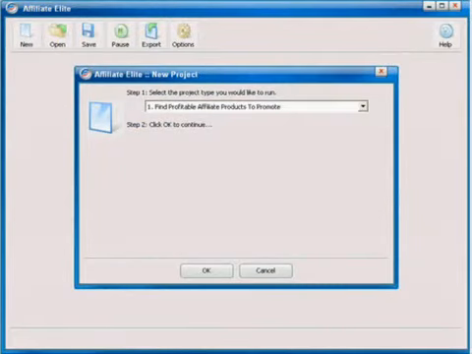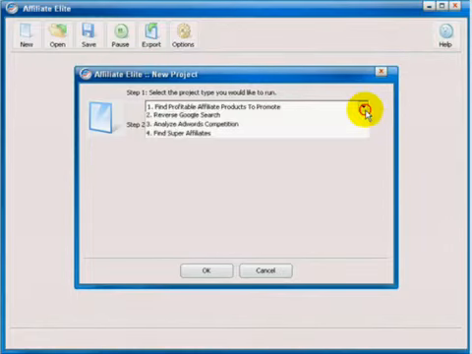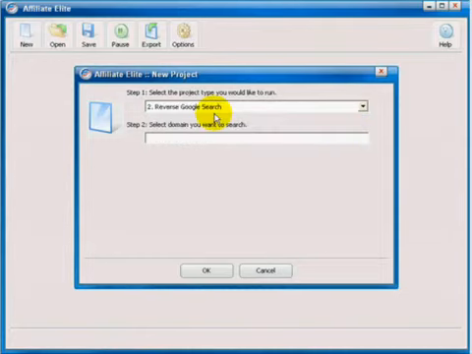Alright, in this video we're going to explore what I think could possibly be the most exciting feature of Affiliate Elite. This feature that I'm about to show you is something that you can purchase from other websites online for $100 a month or more. That's right, $100 a month or more. You won't pay anything near that when you use Affiliate Elite. I'm talking about the reverse Google search.